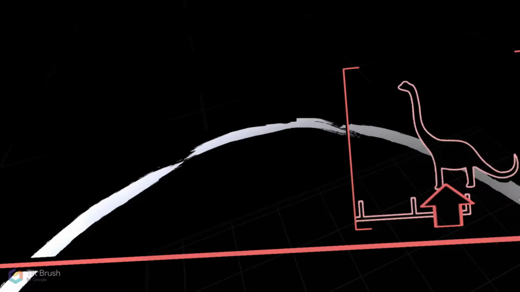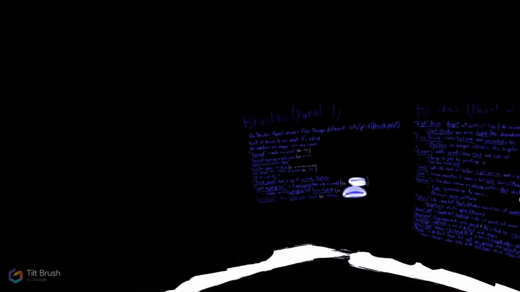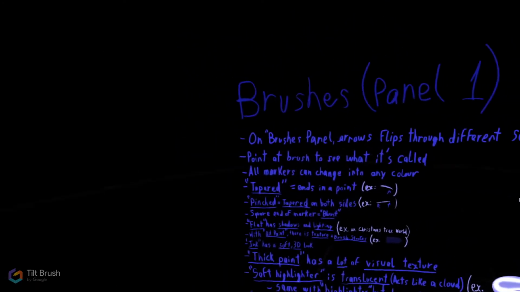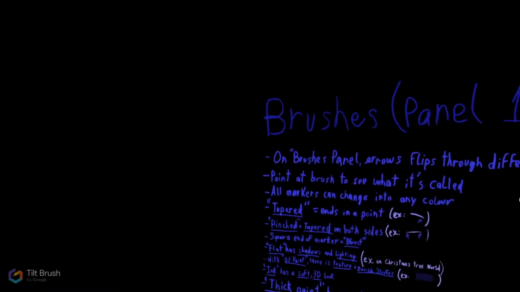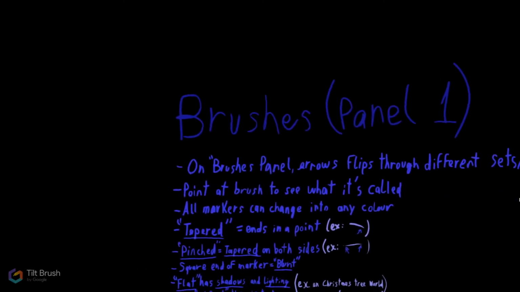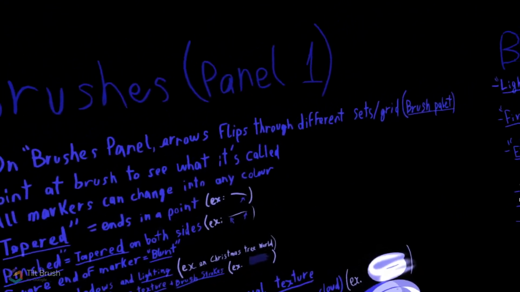Basically this is a little world under here, where I made a little border and painted the walls black in a monotone black, so it looks like a little underworld. I copied the text here, and this is the title, Brushes Panel 1. So let's get started. This is the Brushes Panel, and there's an arrow to flip through different sets